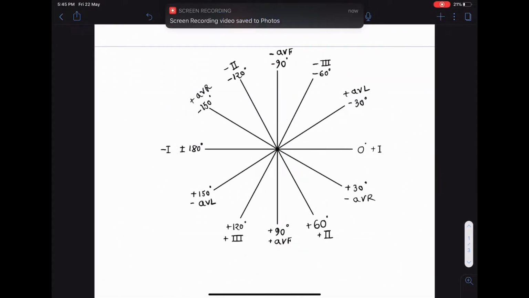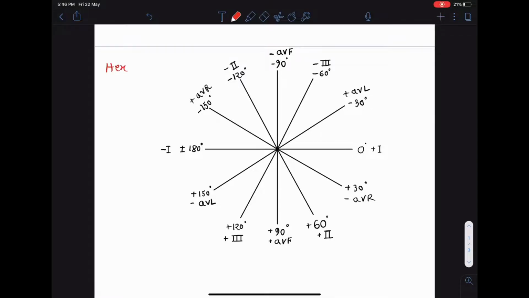Now for the determination of QRS axis, we need to remember the following diagram. This is also known as the hexaaxial reference system. And this is a combination of two triaxial reference systems. So what we have to do is find a lead where there is a biphasic QRS